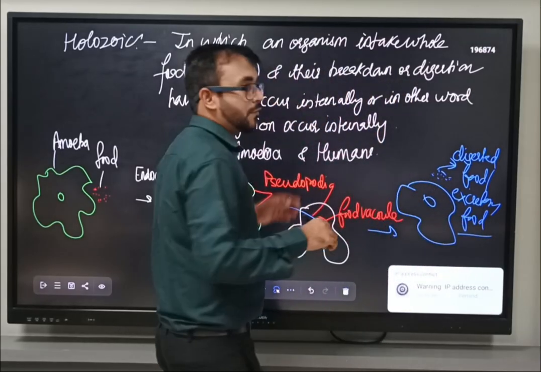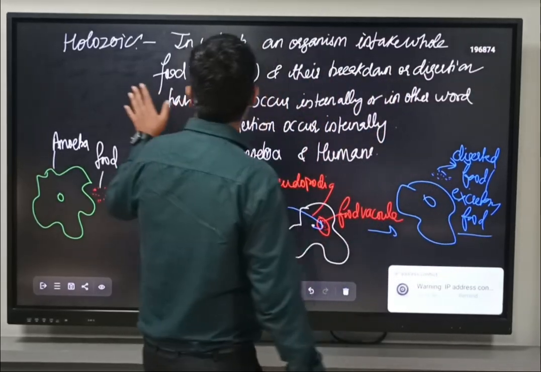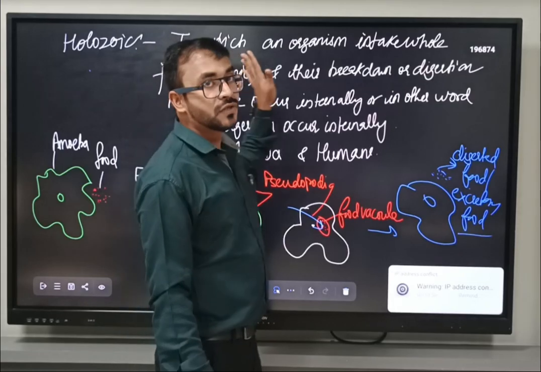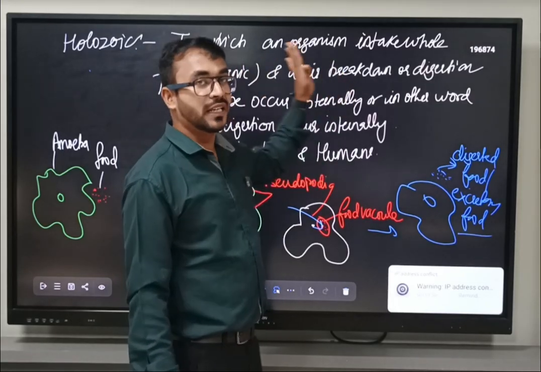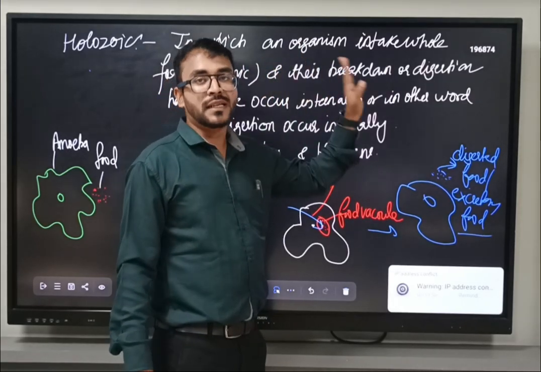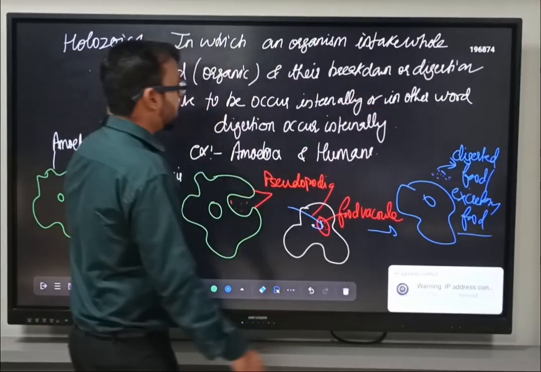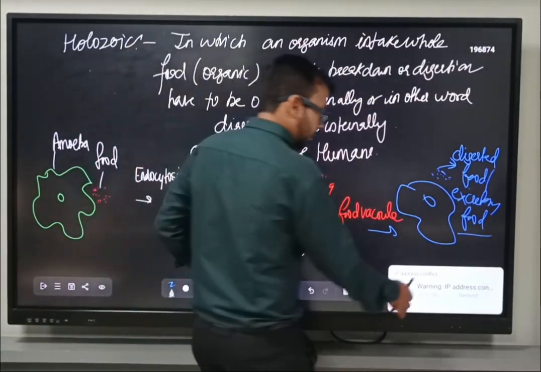So here, normally holozoic nutrition is the nutrition in which digestion is totally internal, by some kind of enzymes or some kind of chemical, but occurring inside the body. Now,